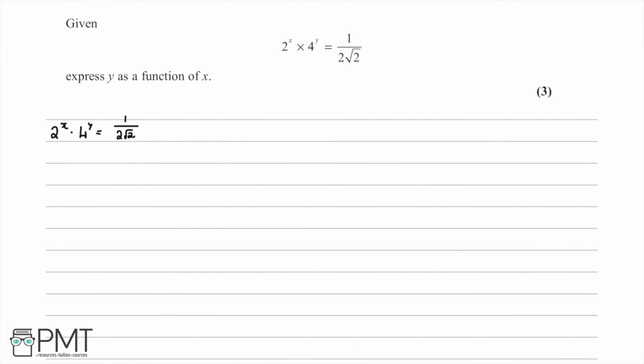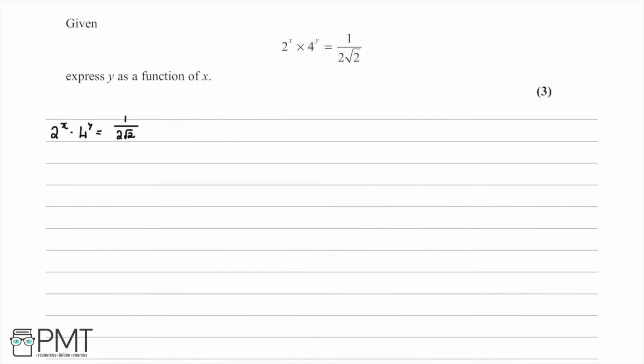So in this question, we're given that 2 to the power of x multiplied by 4 to the power of y is equal to 1 over 2 root 2. And what we're being asked to do is to express y as a function of x. So what we want to do here is perform some operations on this expression to isolate y,